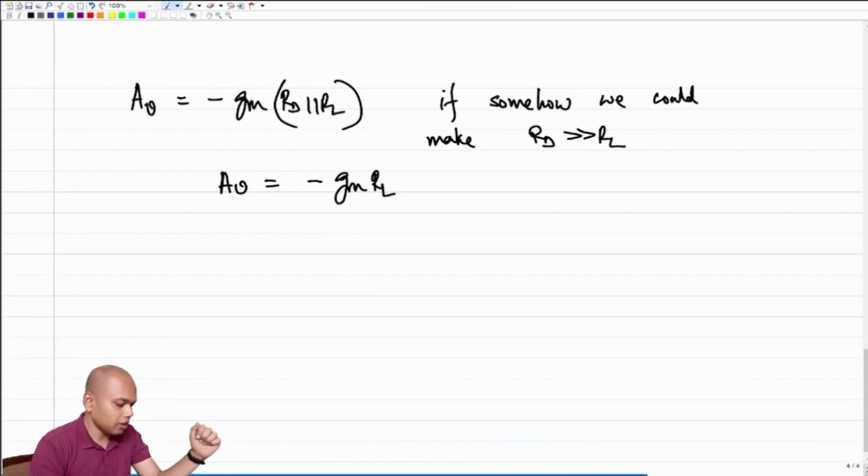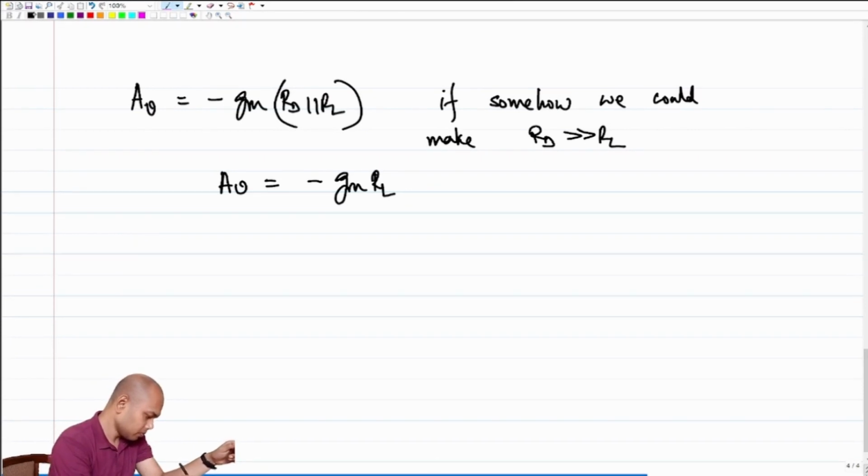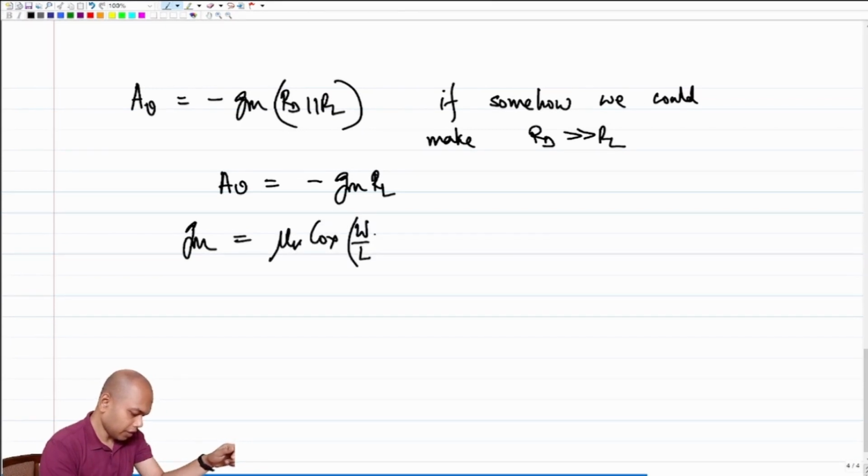In this case, clearly gm is the incremental parameter that depends on our quiescent point. So what is gm? gm is mu n Cox W over L times VGSQ minus threshold voltage,